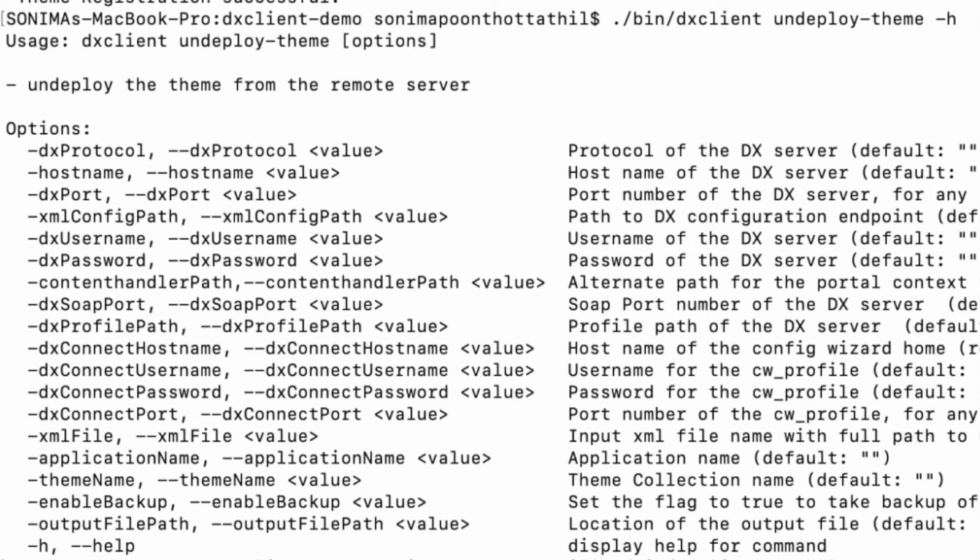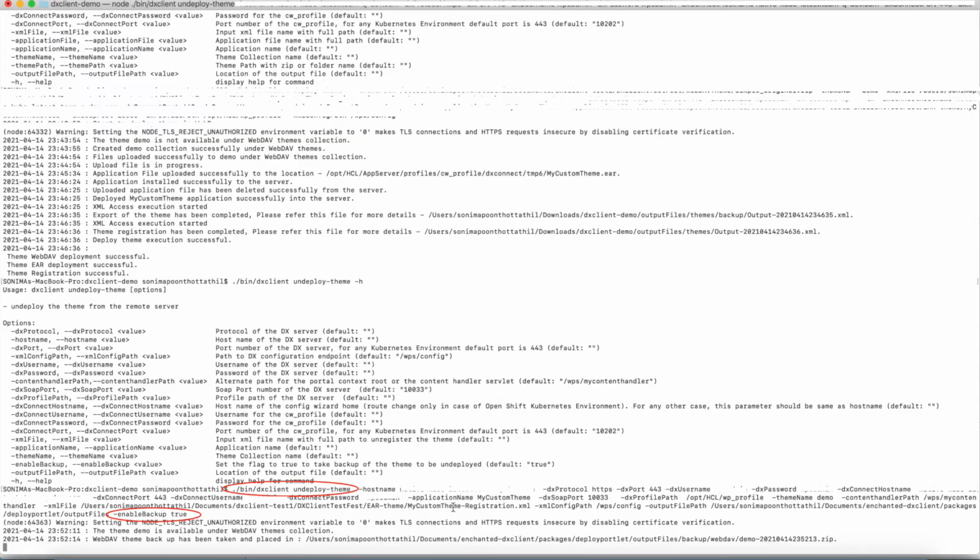So here I'll just execute this command and explain further. This is a command for undeploy theme where we have passed the mandatory parameter options like host name, protocol, username, password, then DX connect port, username, then application name, SOAP port, profile path, theme name, and the theme registration file. So the undeploy theme command is used to